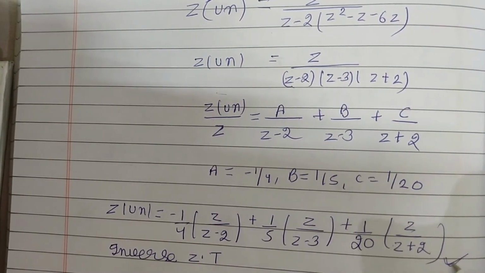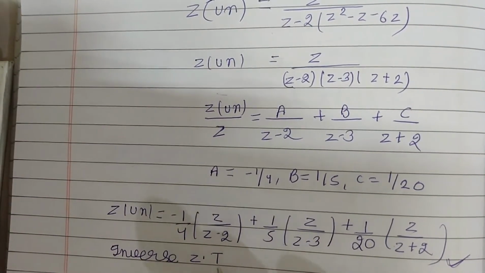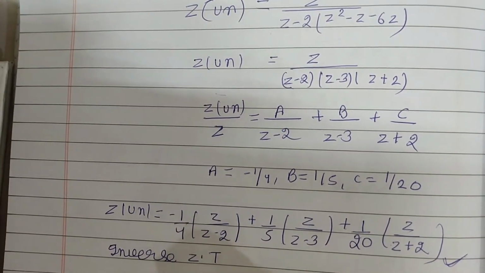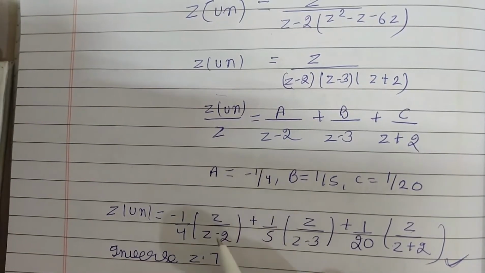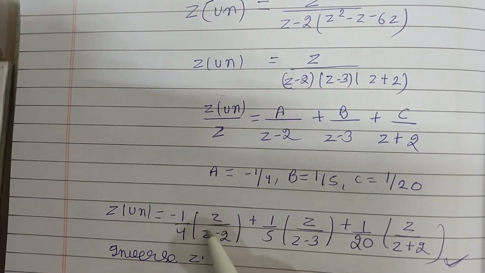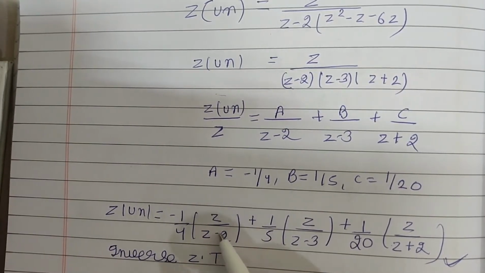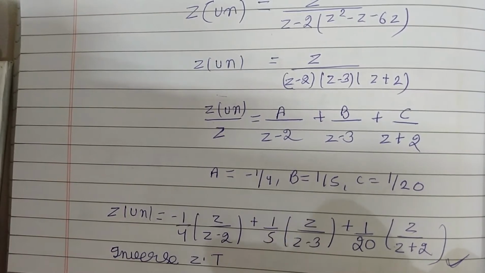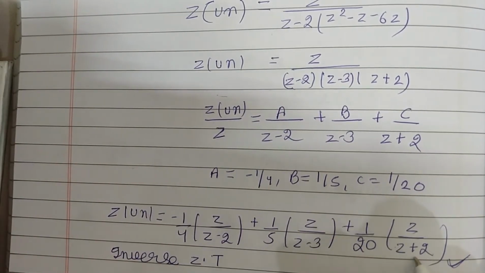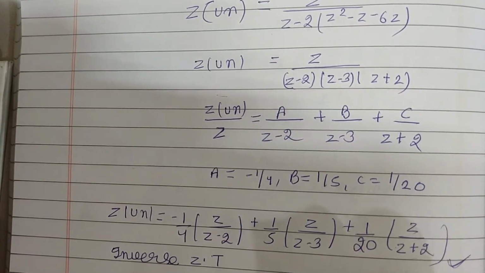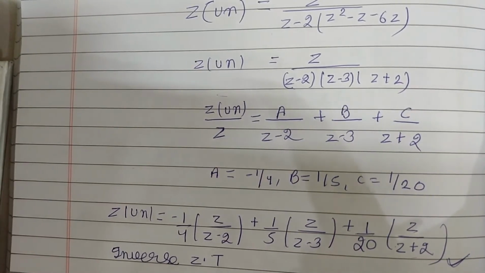Okay. Now we need to find the inverse of this Z transform. Write the constant term as it is, minus 1/4. What was the formula, you remember? The inverse of z/(z minus a) is a^n. So 2^n. Similarly 3^n. And similarly here it is plus 2, so in the formula it is minus. So we'll take minus here, and again minus inside this, so minus 2^n.